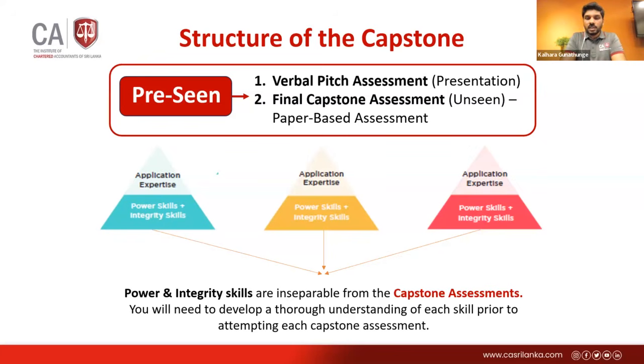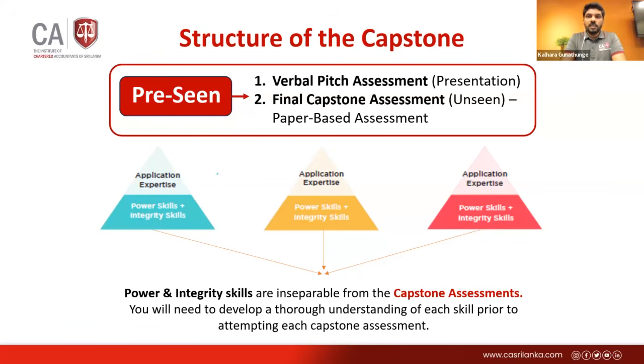A student with entry level accounting qualifications, an entry level accountant, a mid level accountant, and a C-suite accountant will need a different set of power and integrity skills in real world business application. In depth, at the business, corporate, and strategic level, we have embedded those things into this curriculum itself.